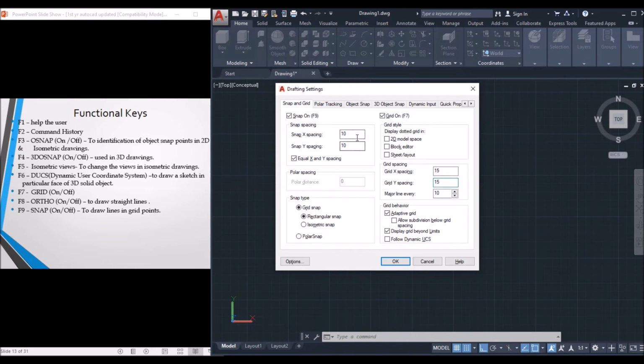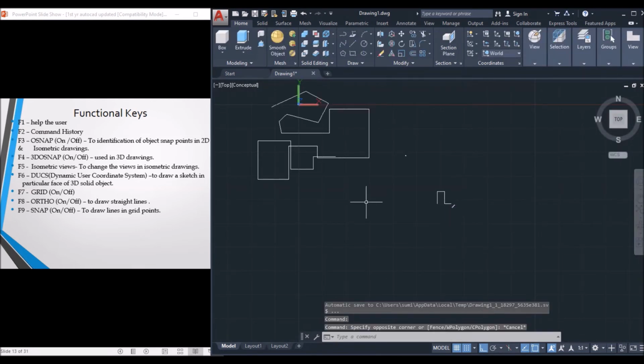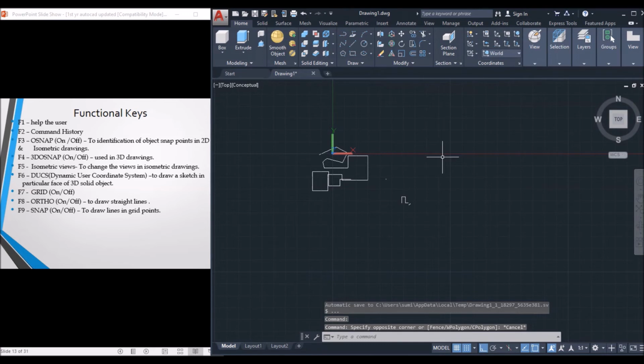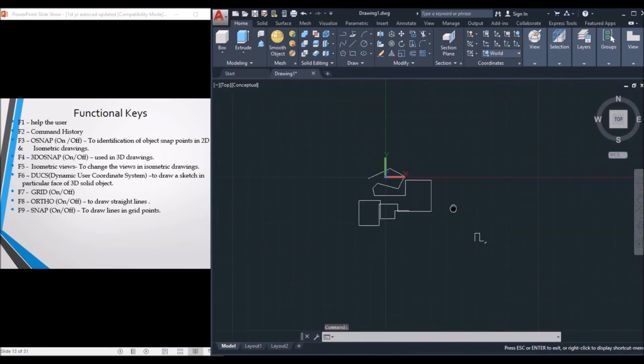So here also 15. Okay, and click on OK. So see, the total spacing between these is increased, and the number of rows and columns are also increased. So this is how we are going to use the snap functionality.